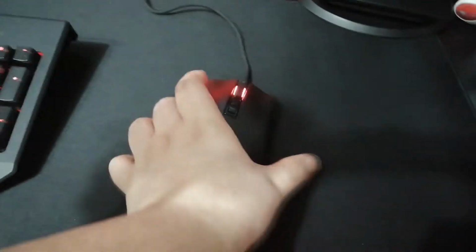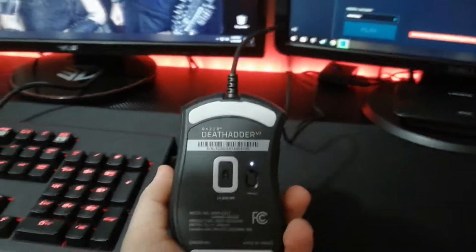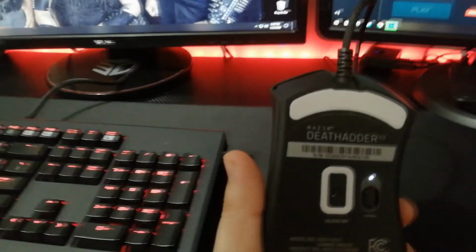Alright, now for my mouse, which I just got today. You guys have seen this on Sunday, but I got it today on Saturday. And you guys must have watched my stream. If you guys missed it, go check it out. I did a Rainbow Six Siege stream, and I did a competitive stream. So go check it out. And it was my first time using this mouse. This one is the brand new